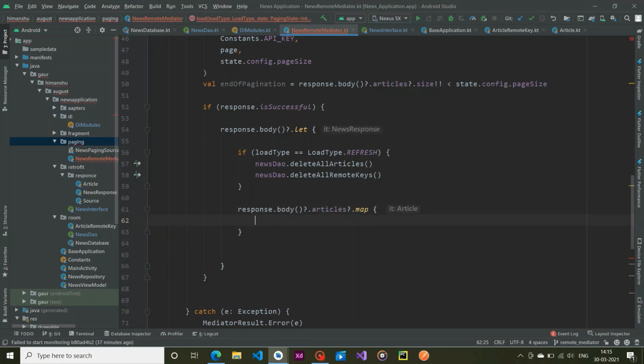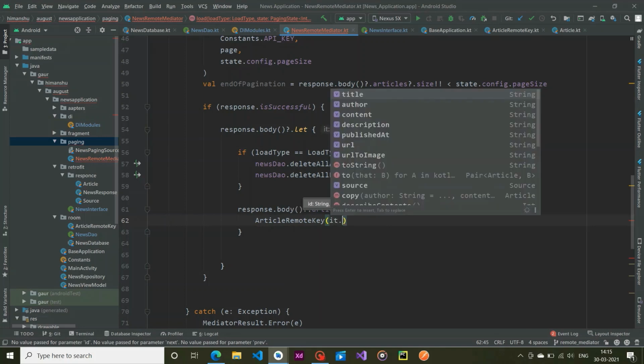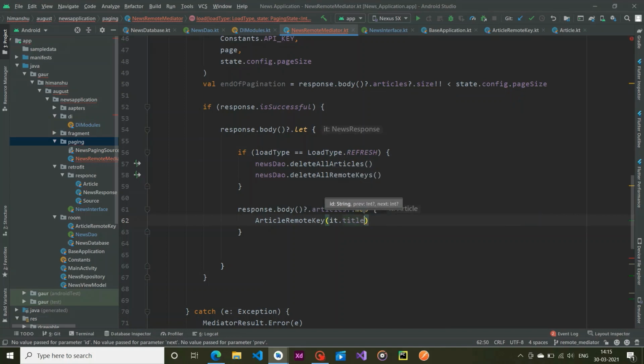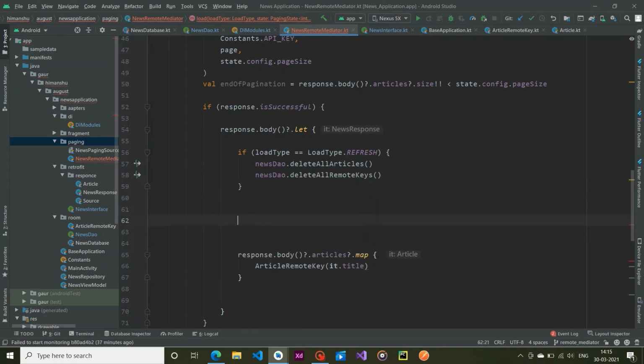Map is a Kotlin function, and it will provide me an article. So I'm going to create article remote key, pass here id, previous key, next key. So id is fine, it dot title is the id, and here we are going to create our previous key and the next key.